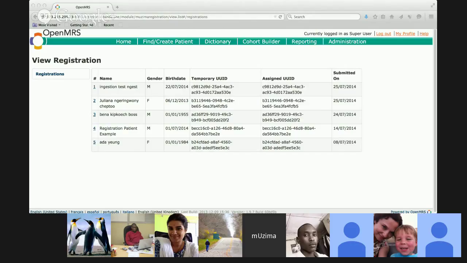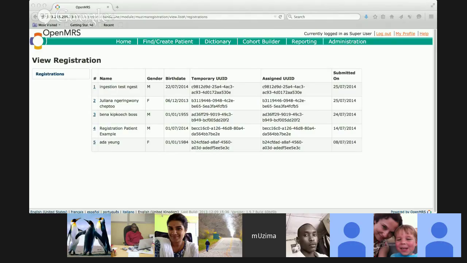So Eda, from my understanding here, assuming we registered 1,000 patients in the field, the view registration page is going to have 1,000 patients. Yes. But not necessarily 1,000, right? What if the simple merge finds the record in the system, so it should be less than 1,000, right? For those cases, would they still show up here, Wayne? It will show up here because the temporary UUID will be different.